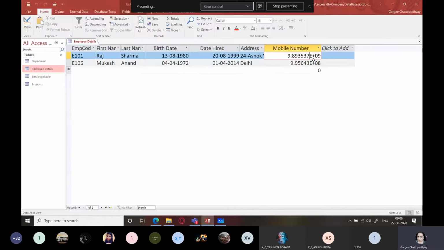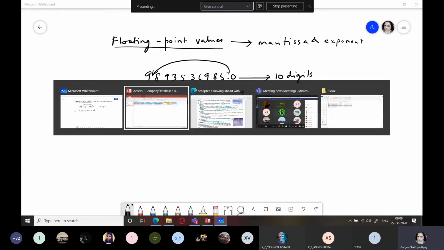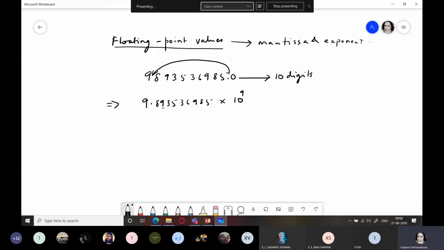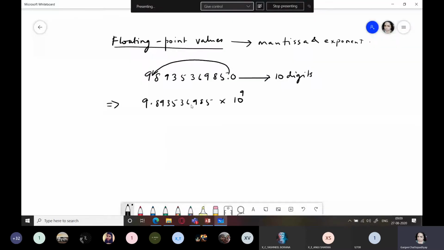And after 7, it has taken E. It has just rounded it off: 98935369. So here it has truncated these three values and rounded this 6 to 7, and into 10 raised to the power 9, because it had to move 9 digits over towards the left.